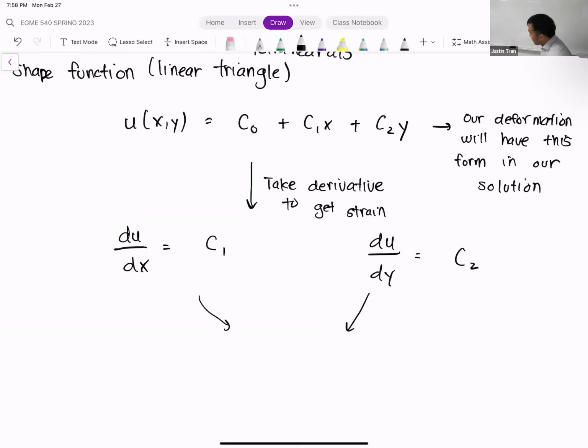In other words, what you get from this is that on each element, our strain is going to be constant.